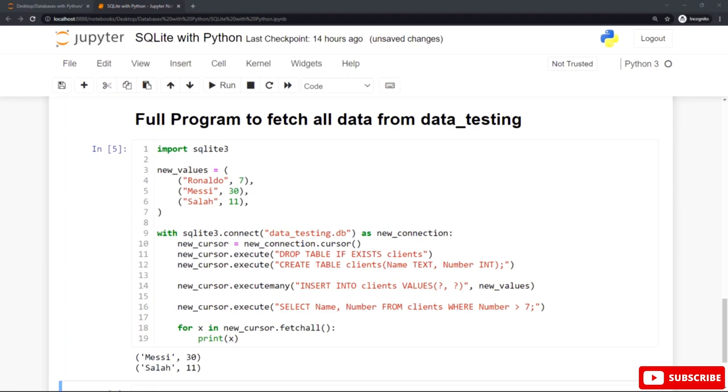After that, you need to use the select statement to select all the previous records from the database, from the table called clients, from the database called data testing. So inside the execute function, to execute this SQLite statement, we use the select statement followed by the name of the columns, name and number. We separate between them using a comma, or you can use the asterisk symbol to select all the information if you wish,